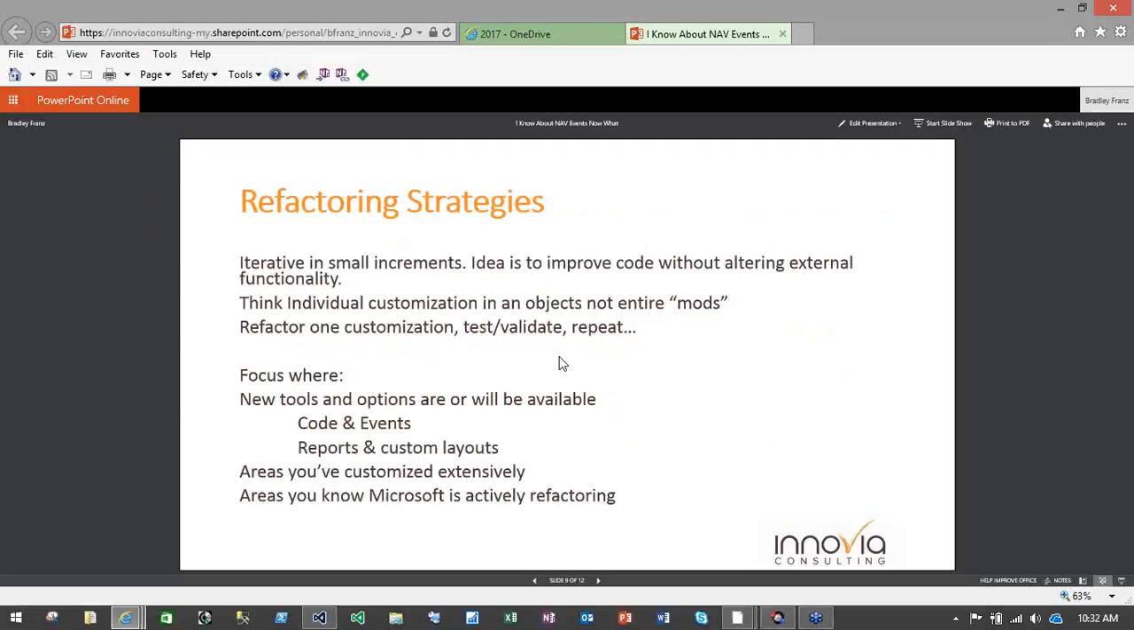Strategies for refactoring. It's less a thing that we can say is going to take X amount of time, and we can start it on this date and finish it on this other date. It's a process. It's something we want to perform in iterative, small increments. Again, the idea is to improve or rework our customized code without altering external functionality. We don't want the end user